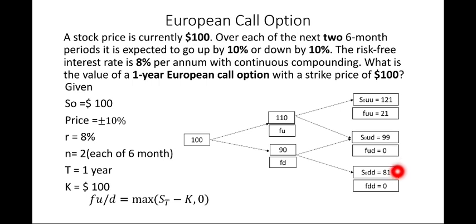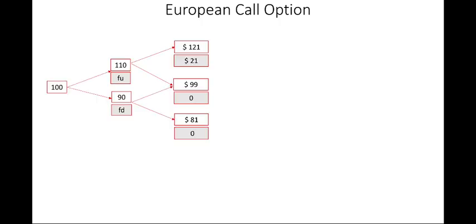Similarly here ST is 81, so 81 minus 100 comes out to be minus 19. So out of 0 and minus 19, 0 is maximum, so here I have taken the value of 0. Moving ahead, now we have to solve for the value of the call option, but before that we are supposed